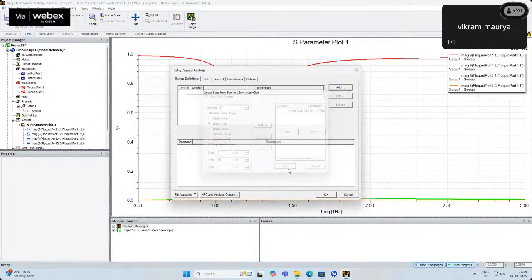Okay, now in CST, there is directly a simulation button. You can directly choose that simulation button and start your simulation. But here, just add your parametric variable, and again you have to go to the simulation part and analyze your structure. And if you want to analyze another parameter, another variable, then